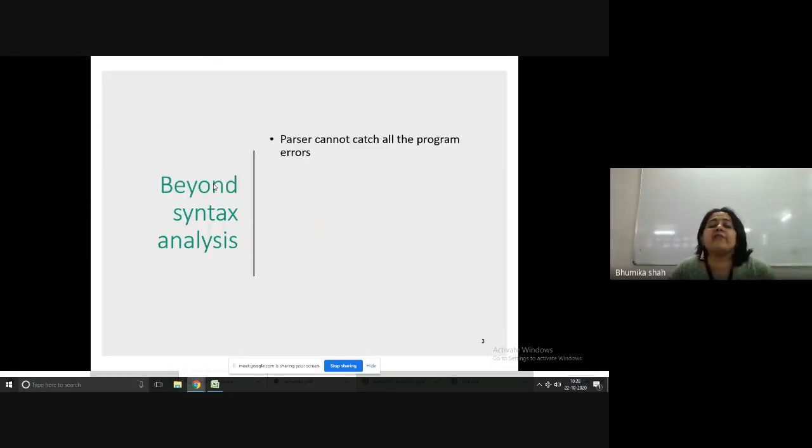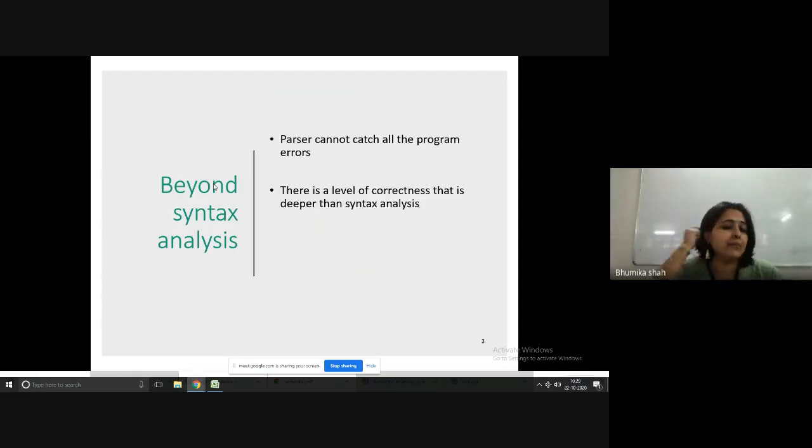So when we are talking about lexical analysis phase, the type of errors lexical analysis phase is generating is invalid token error. Means if you have written your token incorrectly, then the error is generated by lexical analysis phase. The kind of errors the parser is generating is when the statement which you have written in your program is not following the rules of the grammar. Then parser, that is syntax analysis phase, is going to generate the error.